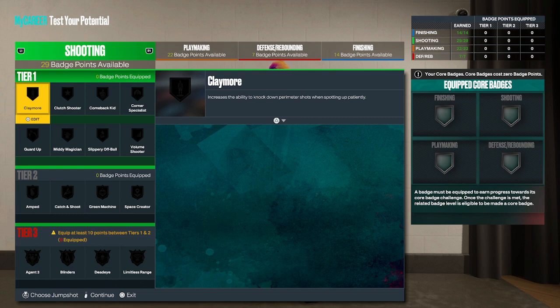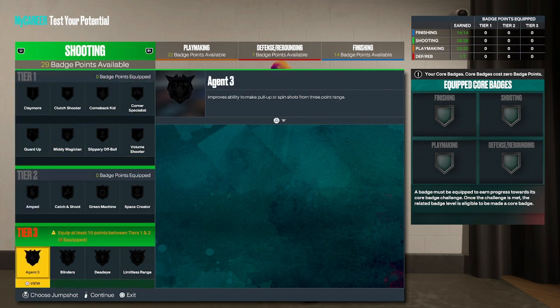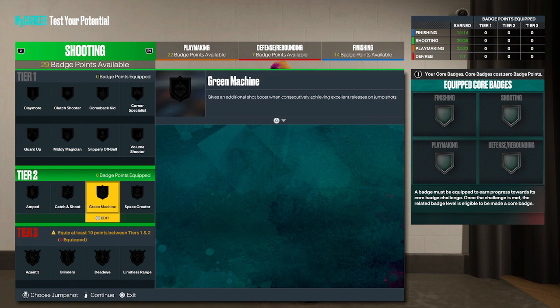Depends on how you want to structure your badges. But I went with the 99.3 ball. I went with 32 shooting, and ended up with 30 playmaking as well because I just split them 6 and 6, 3 and 3. So yeah. All right, so now with the shooting,